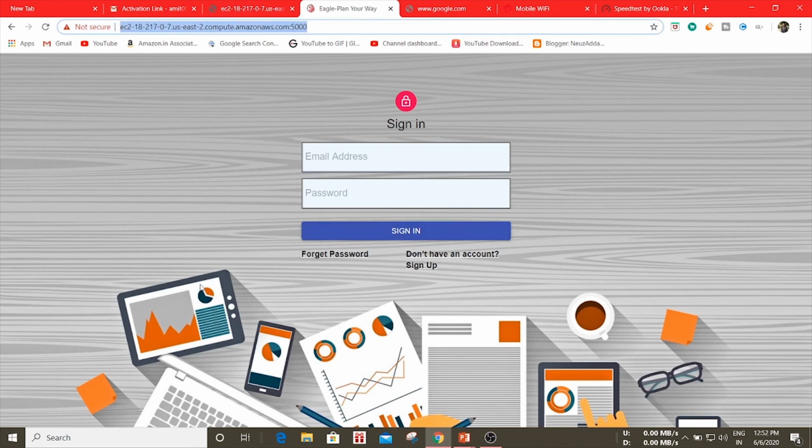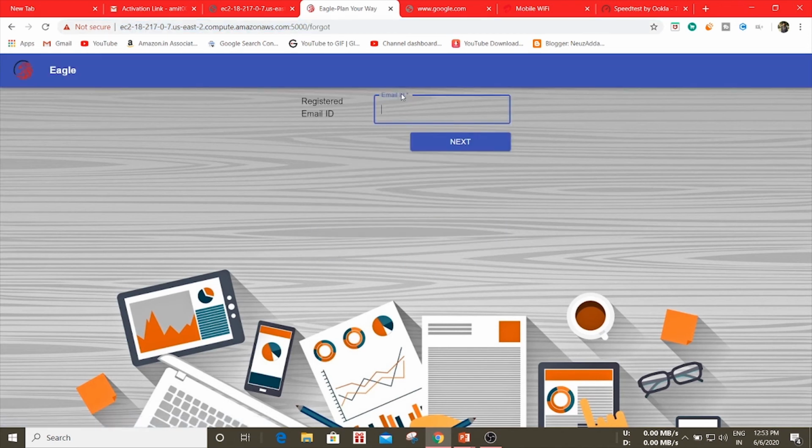Now coming to one more functionality that we have added. This is the forgot password. In our daily life, we might forget our password. So for that, we have this forgot password feature. If you click on forgot password, it will ask for your registered email ID. I will give the email ID with which I have created the account.